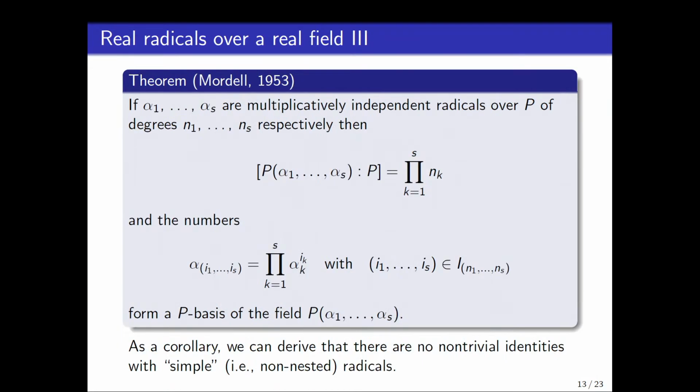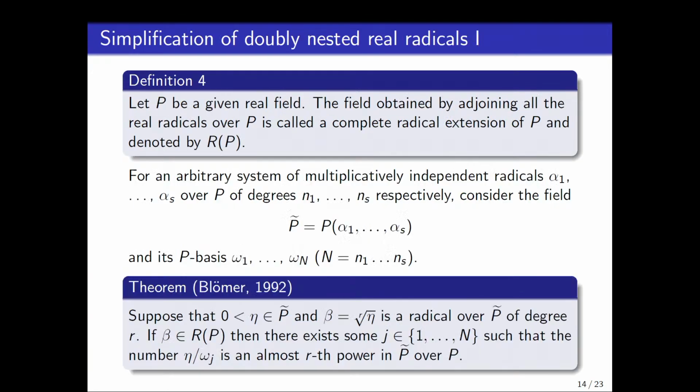Then this is the main result, which deals with simple radicals. And now let's see what we have for doubly nested radicals. So, definition, again: let P be a real field. Then the field obtained by adjoining all the real radicals over P is called a complete radical extension of P and is denoted